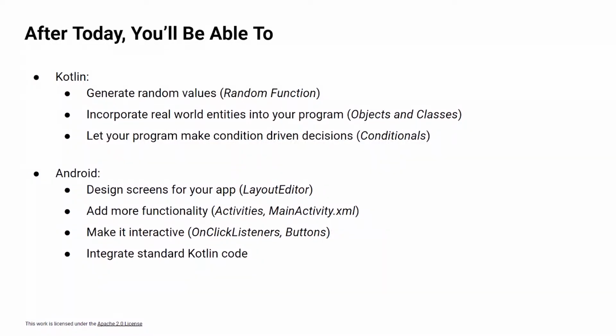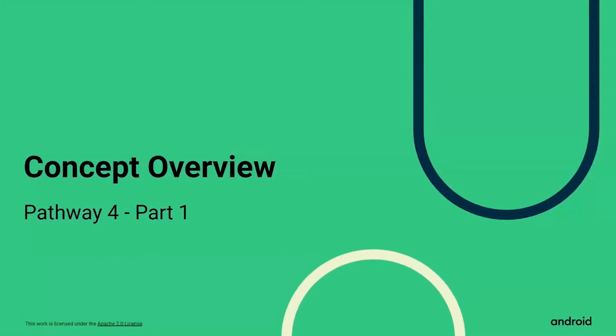Last week, we just had a simple screen showing an image and 2 pieces of text. Now you'll be adding buttons. You'll be adding one button, and when you click on the button, a certain action happens. This is just the start of many ways you can add interaction to your app, and we'll see how that happens as we go on. And finally, you'll be able to integrate standard Kotlin code in your Android app. Right, now let's get started.